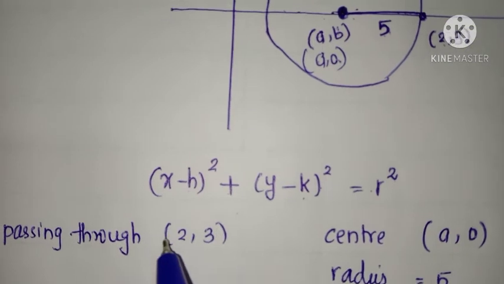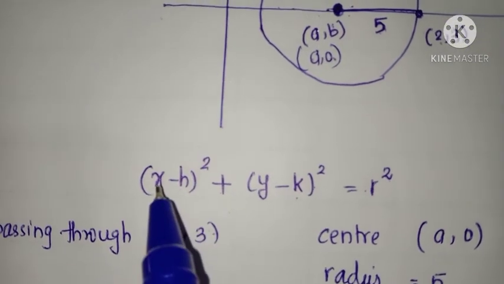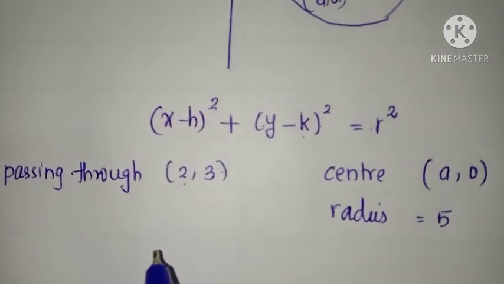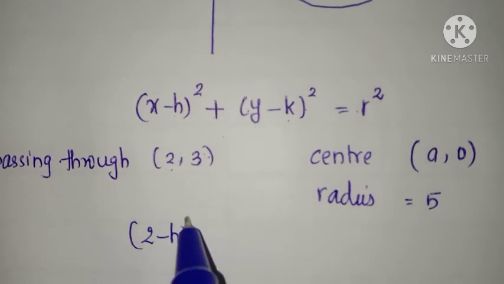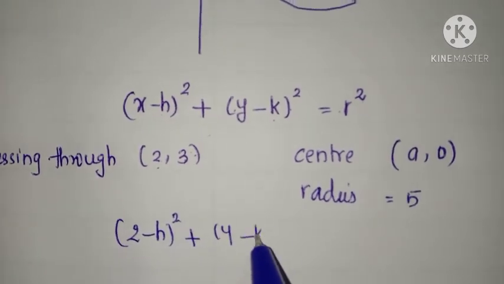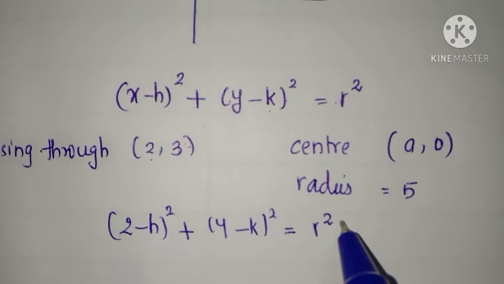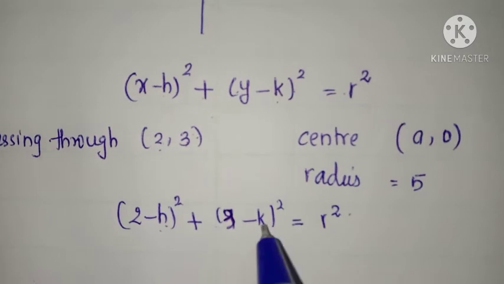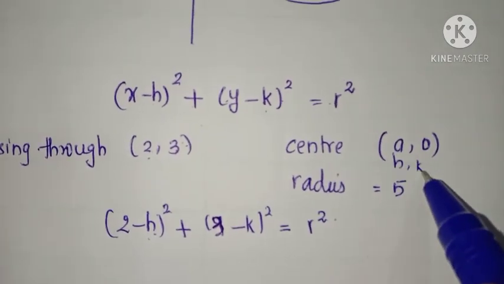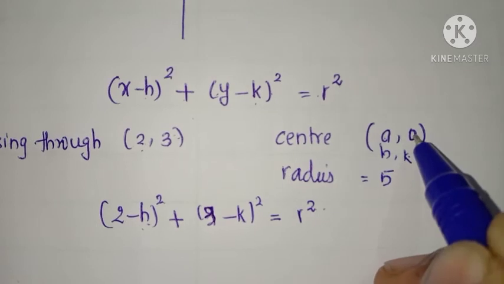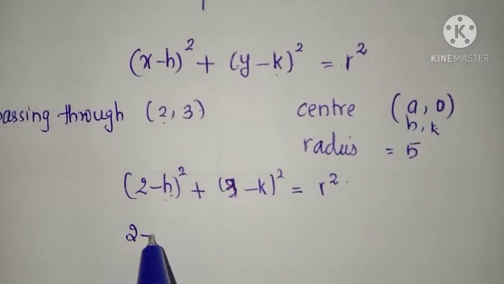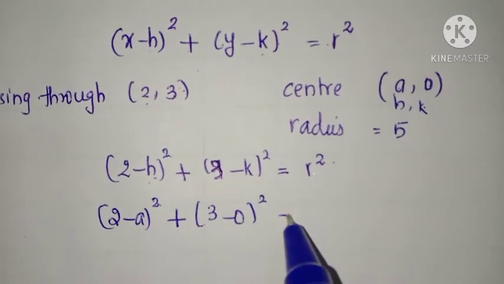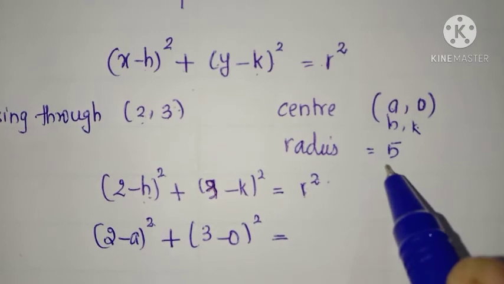Now equation of circle passing through (2, 3) means we can replace x equal to 2, y equal to 3 here. So this equation becomes (2 minus h) the whole square plus (y minus k) the whole square equal to r square. Okay, y is 3. Now (h, k) is the center given, h equal to a, k equal to 0. Put it here. So (2 minus a) the whole square plus (3 minus 0) the whole square is equal to r square. Radius is 5,